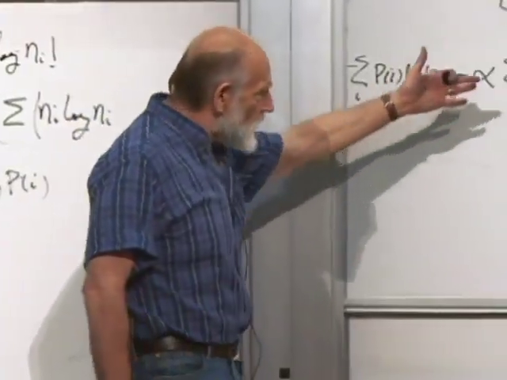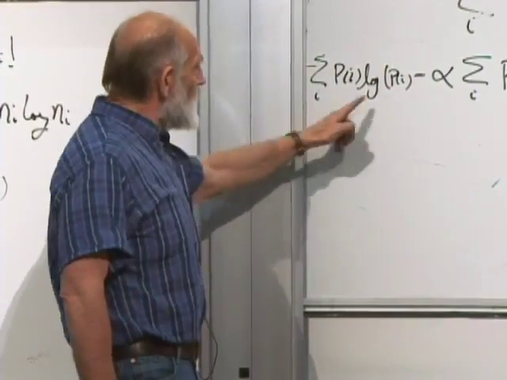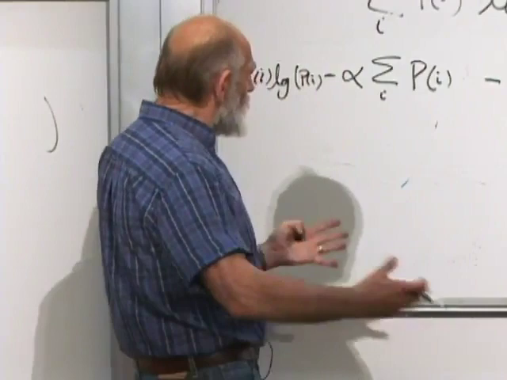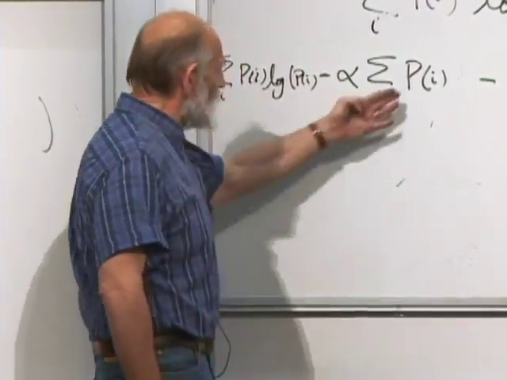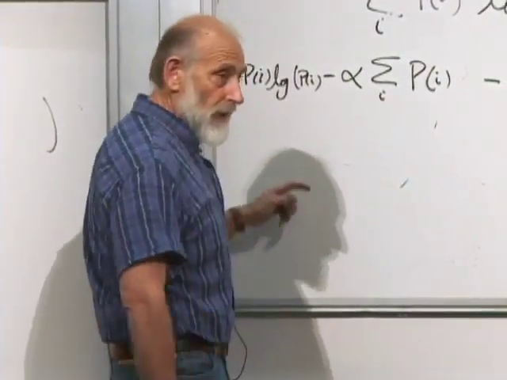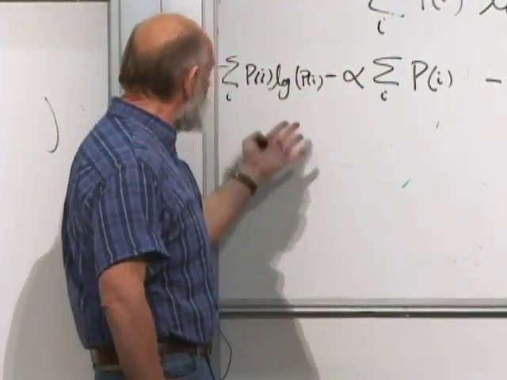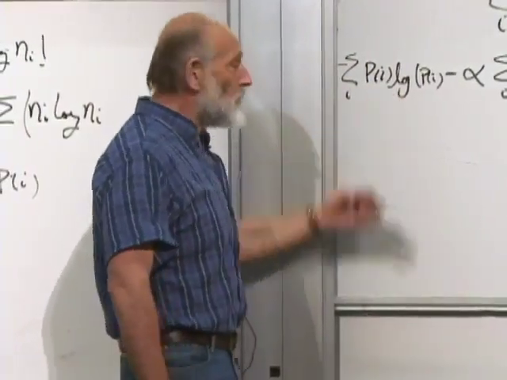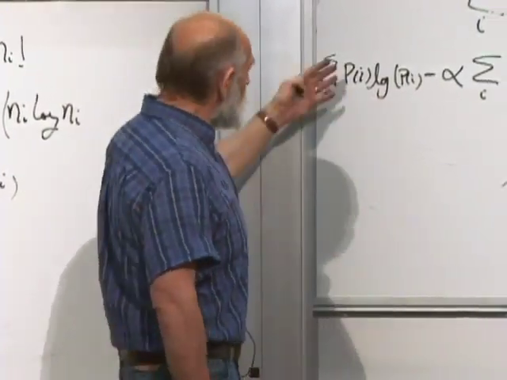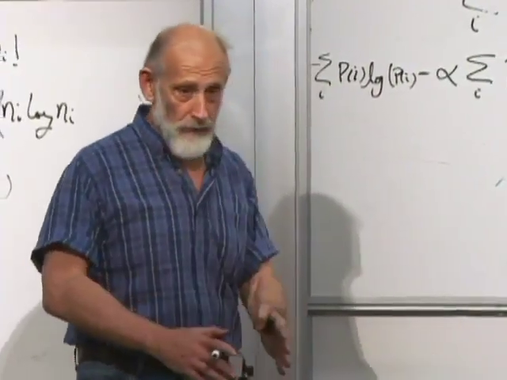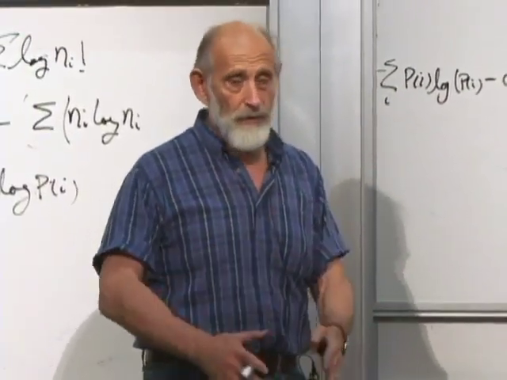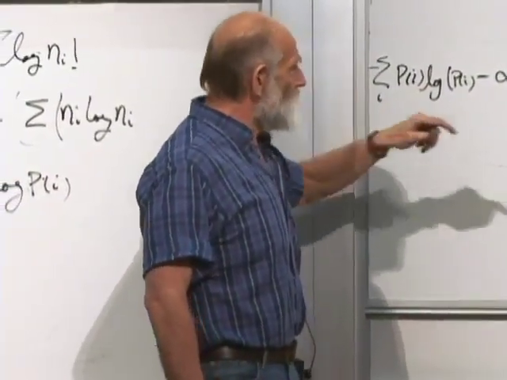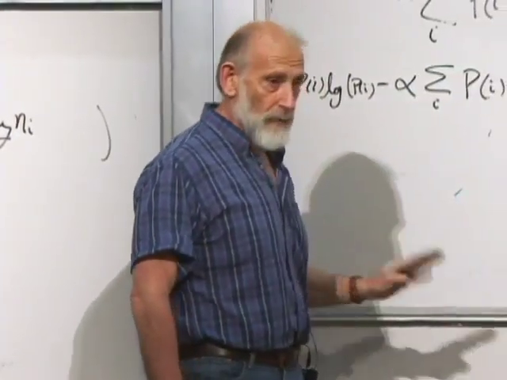All right, the interesting thing is the actual mathematical argument here. Now, notice all of these are sums over i. There's no single term in here which involves more than one p at a time. p sub 2 doesn't ever get multiplied by p sub 1. p sub 1 gets multiplied by the logarithm of p sub 1, but it doesn't get multiplied by the logarithm of p sub 2. So this is a function which is a sum of functions of individual variables. You maximize it by maximizing it for each i separately.